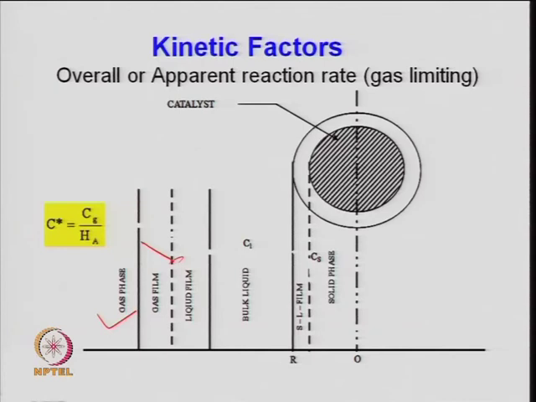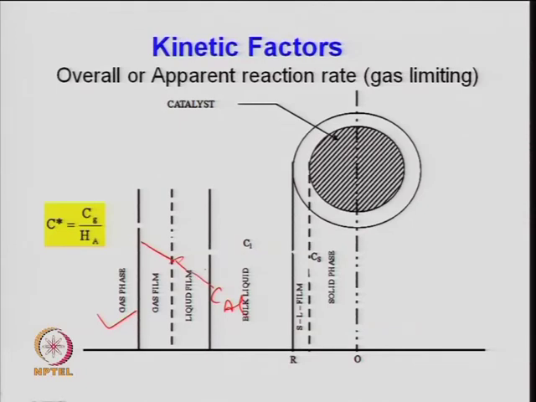And then there is a liquid film. So, there is again a gradient here and now it reached C_AL, the concentration of gas A in the bulk liquid, and then this reached the surface of the solid, which is covered by a film of the liquid. So, here again you have a transport relationship, as I discussed, and then there is diffusion and catalytic reaction. So, all these resistances will affect the performance of a trickle bed reactor.